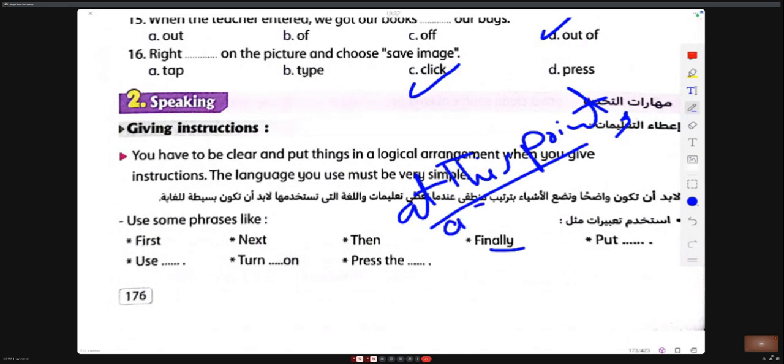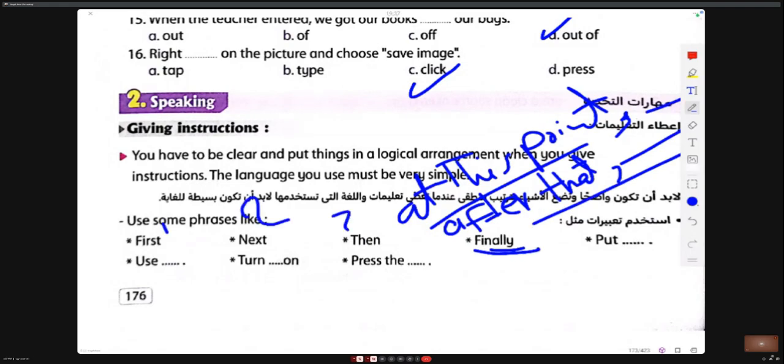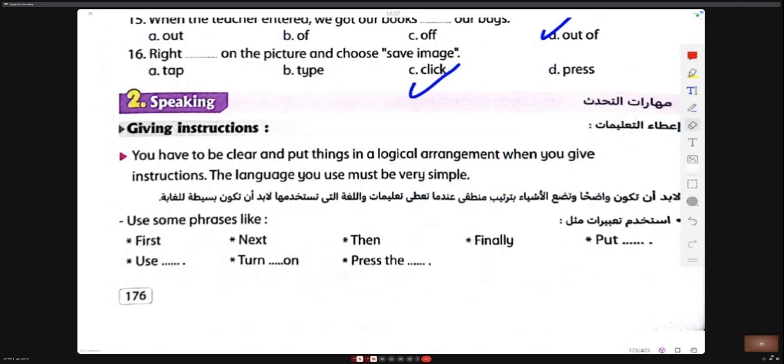After that, comma, the sentence we want to use. And finally. If you have four sentences, first, then, next, finally, or first, next, then, finally, are correct.